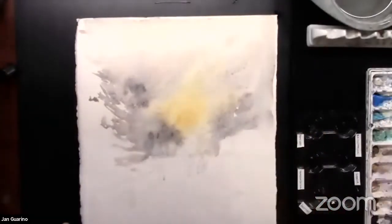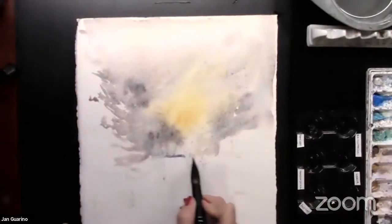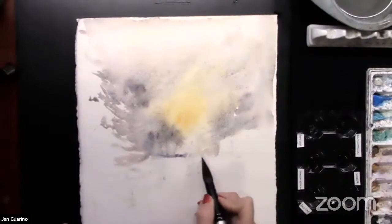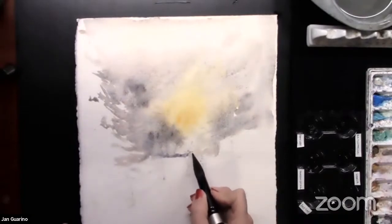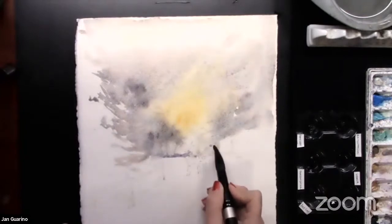You really don't want your horizon line being smack in the middle. And I have three little people in here too, so I want to get a little bit of some figures. I have snow, I have trees, I have a lot going on. So